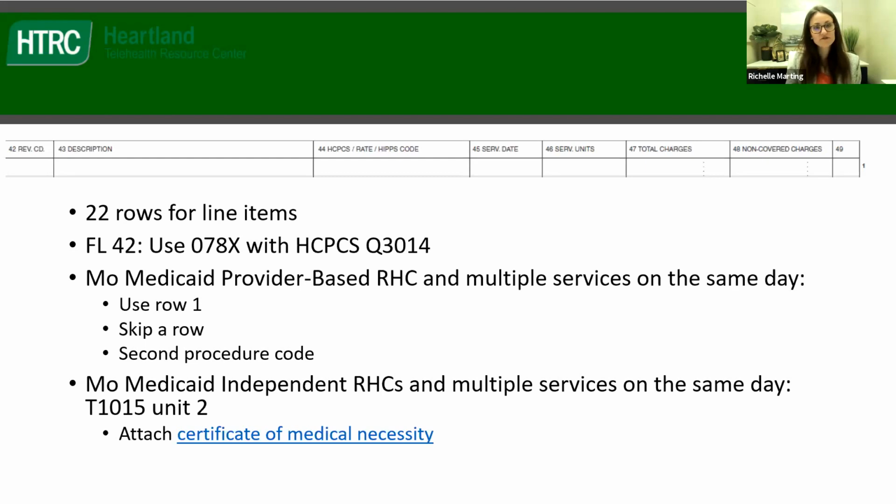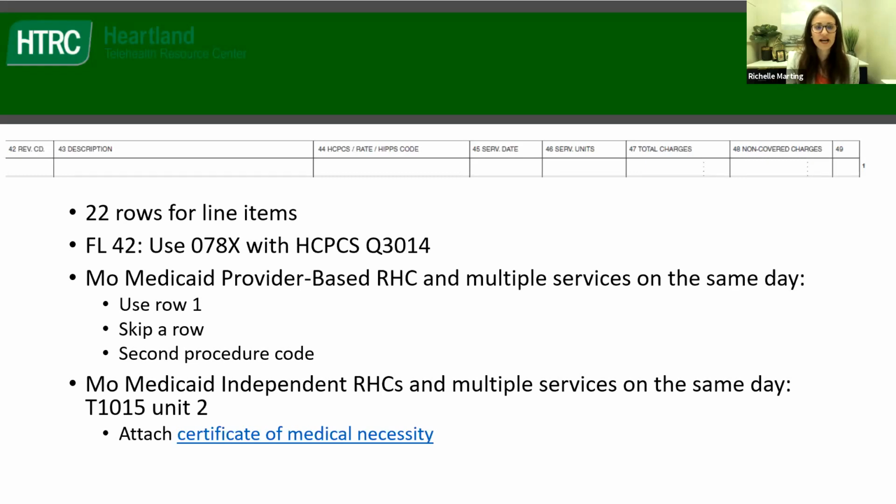So in field 42, where we have the revenue code, whenever you as the RHC or FQHC are reporting an originating site fee for a telehealth service, we're going to put 078 as the revenue code. And then there's a description, and that's just describing what that revenue code is. So 43 is describing the revenue code. And then in 44, the HCPCS code that you will report is the same as other entities, the originating site fee,